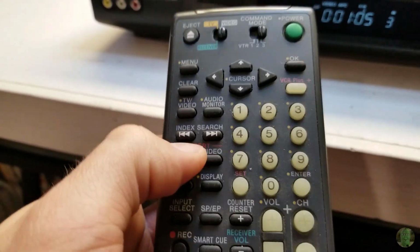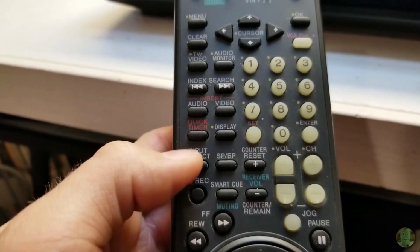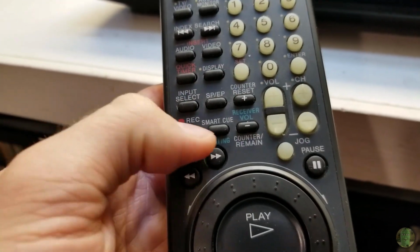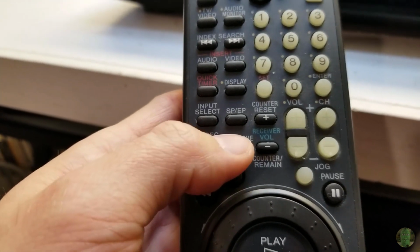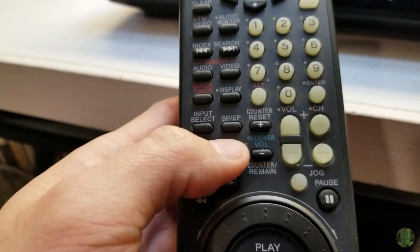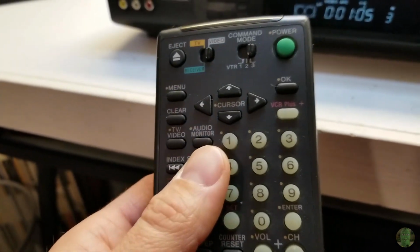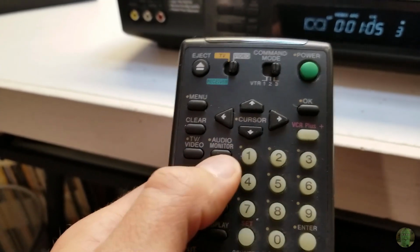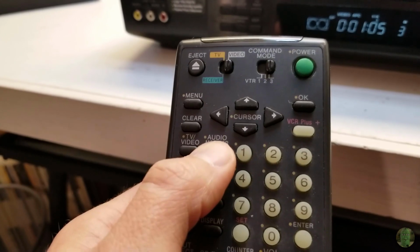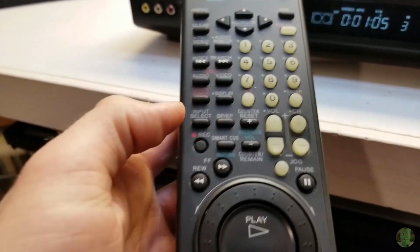This has all sorts of neat features like insert audio and video, which I can try playing around with. Smart cue, which I think will just look for the next available blank spot on the tape. I think that Toshiba that I was looking at had something similar. Yeah, and audio monitor, you can toggle between hi-fi or linear audio, as well as select just left or